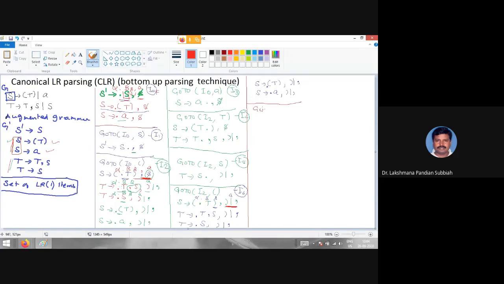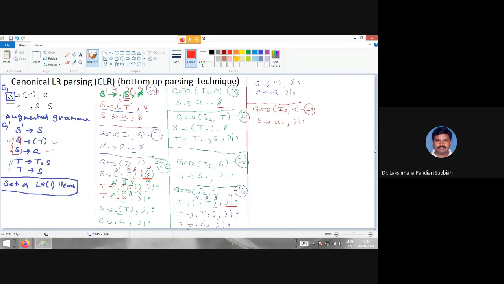So go to I2 comma A. Now this one is actually yes derives A dot, then as it is, close bracket and comma. This is a separate state I7, because here the lookahead is different.